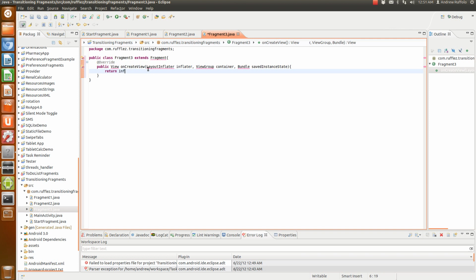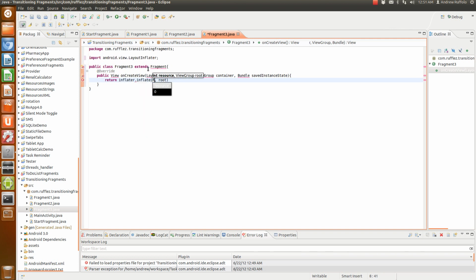Return inflater.inflate, R.layout. We're going to name this one eventually fragment_3. We're going to put